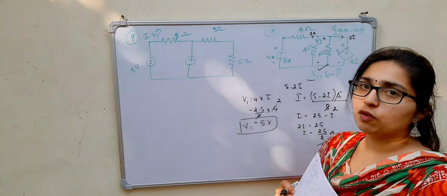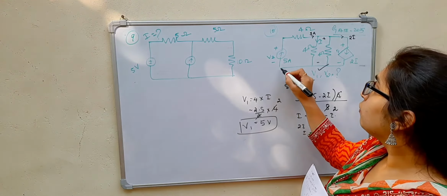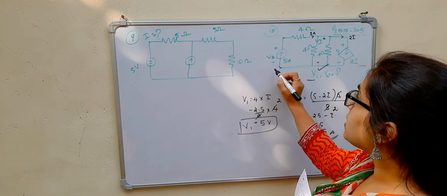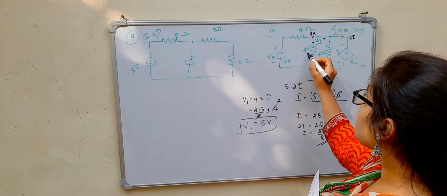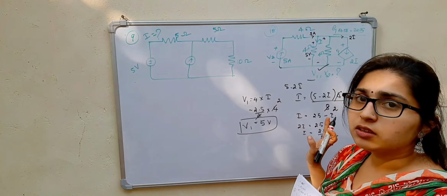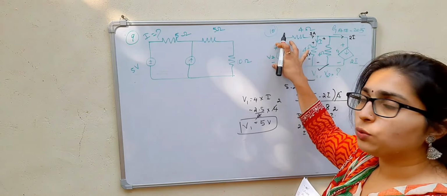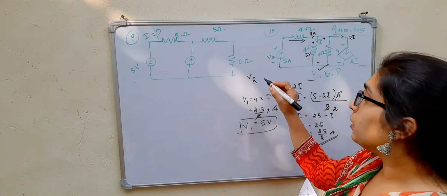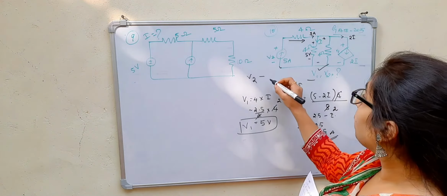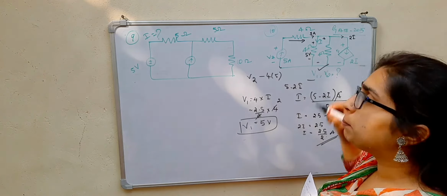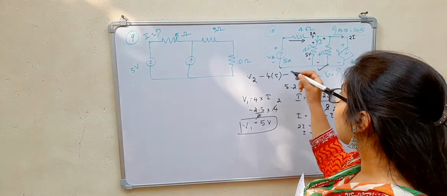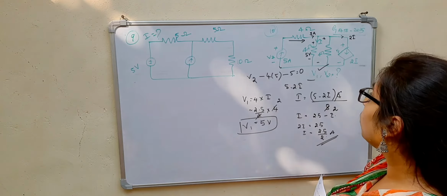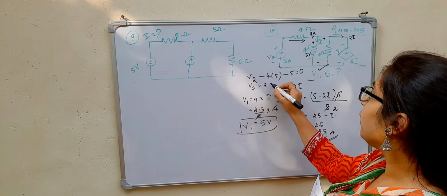Now this is found out. Then what is the value of V2? You have to find the value of V2 now. How will you find it? You know now this voltage is 5 volts, so I will apply KVL considering this V2. The current is flowing in this direction, it is 5 amperes, so the voltage drop is minus 4 into 5. Then you get plus first. So it will be minus once again the voltage drop, that is 5 volts, equal to 0. So V2 will be equal to 25 volts.